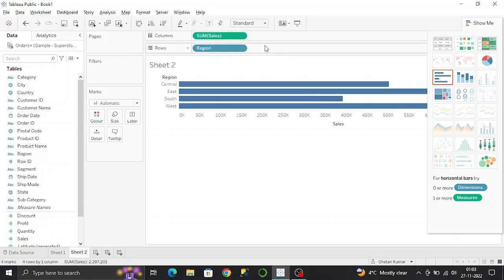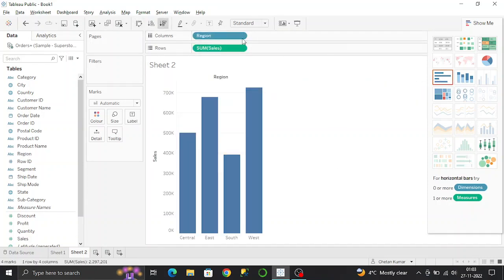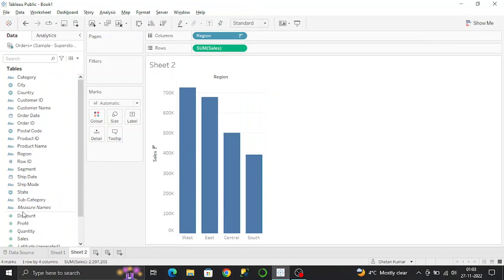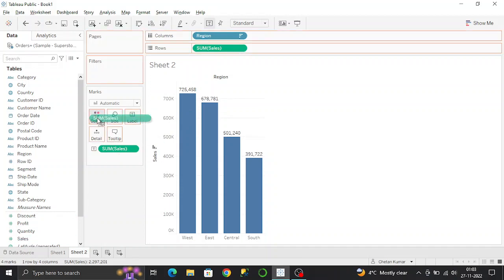Click on the graph, reverse it and sort in descending order. Here we have the same graph that we saw just now. We can do the same thing over here. Just drag it,